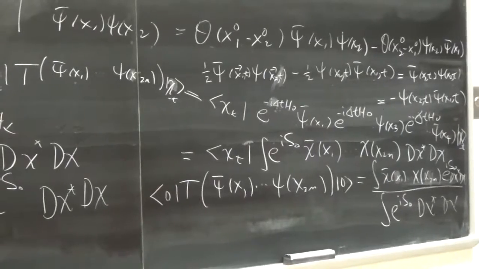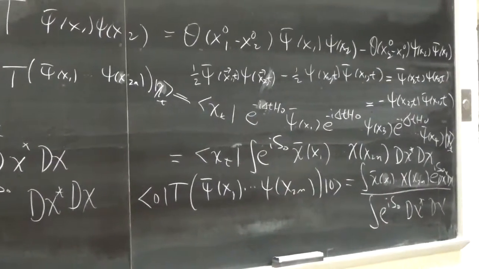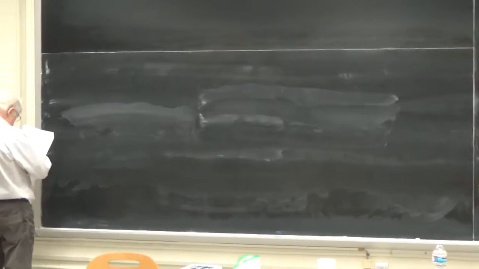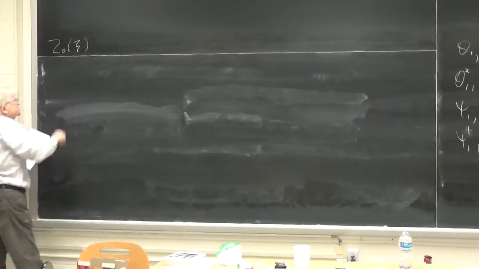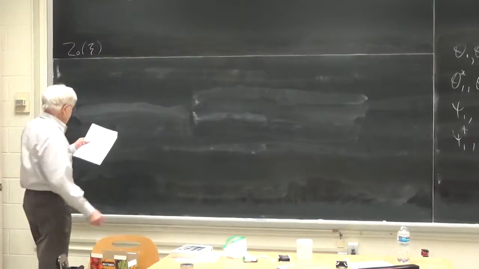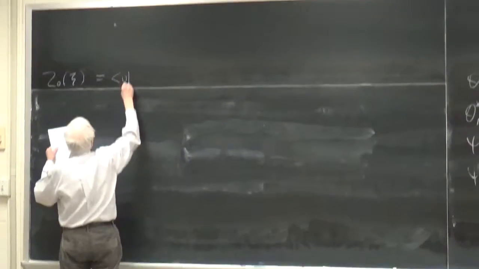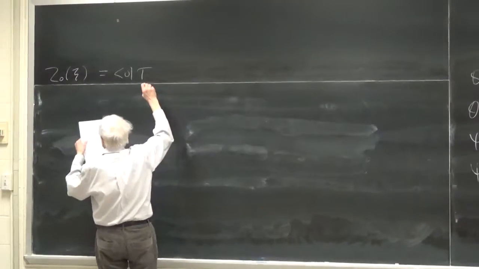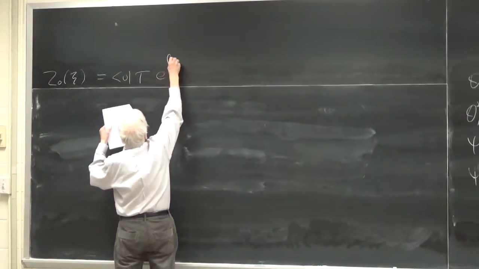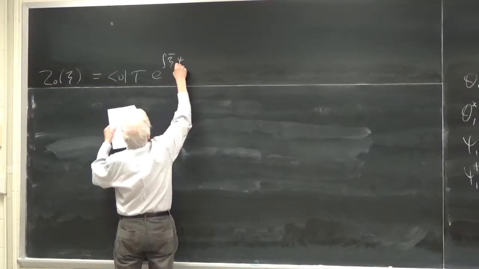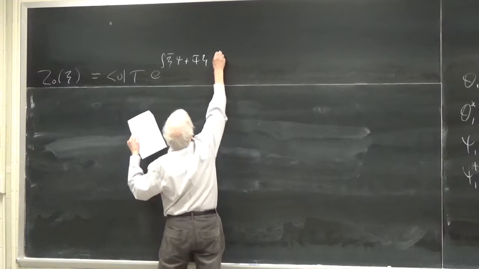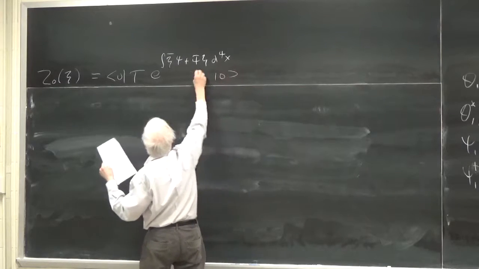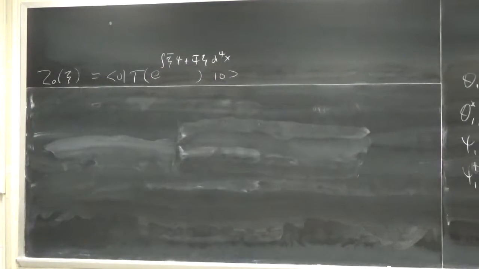And in fact, well, we have some board left. So what one would do now is to introduce a Grassmann current, and that would be the vacuum, time ordered product, e to the integral zeta bar psi plus psi bar zeta, d4x, vacuum. So we would be computing this quantity,